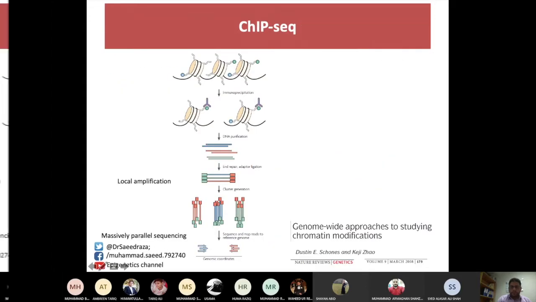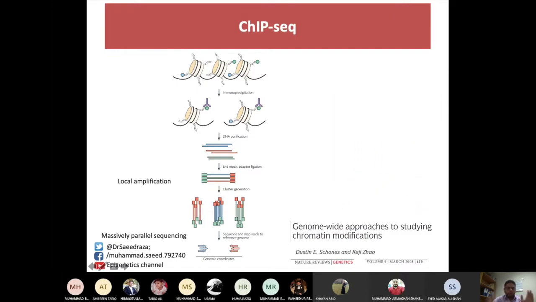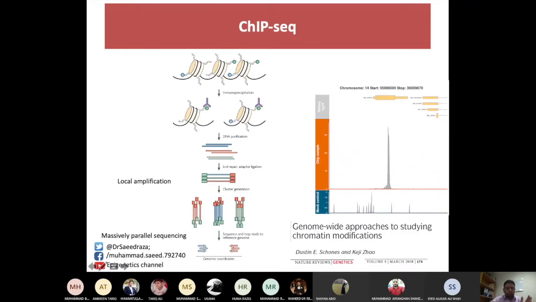which I have already discussed. You might be interested to go for ChIP-seq, in which case you will separate the DNA from this chromatin using the chromatin immunoprecipitation technique, and by the end of this you will have your DNA, and you do not know any gene of interest in which you are interested. So you want to go genome wide, so you go for Illumina sequencing. It's a genome wide approach in which small adapters will bind and will amplify the whole genome. So it will give you reads, and you will know by the end of the day what type of genes